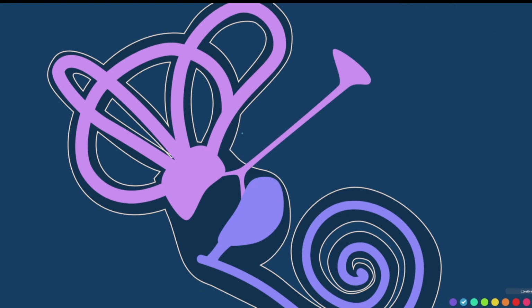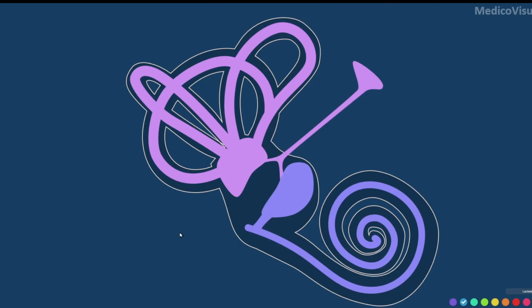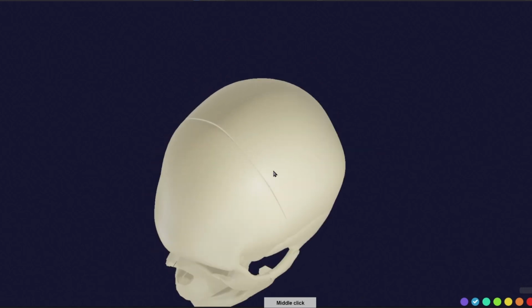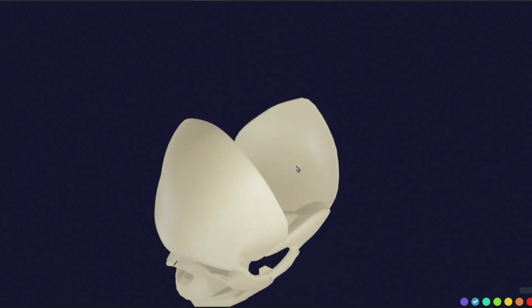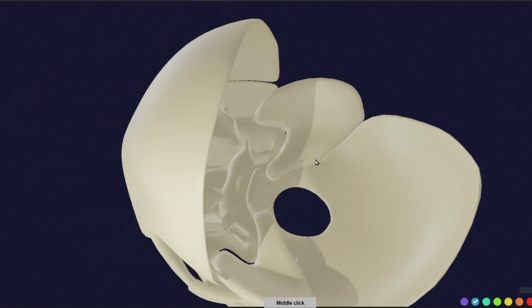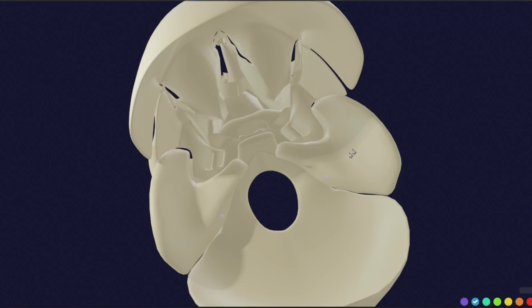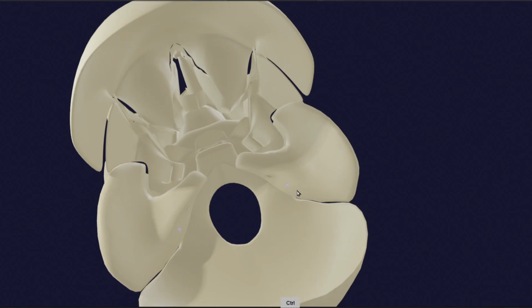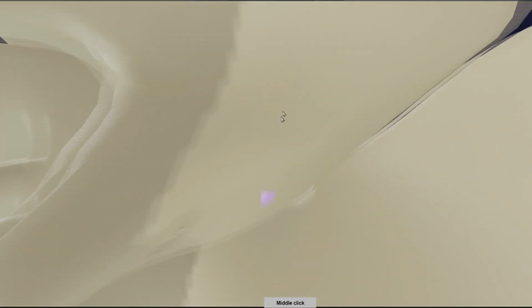And also please note that all this business is basically going on inside the petrous part of the temporal bone. So here we have the skull, and everything is going on inside the skull. If I hide the parietal bone, here you can see the structure inside. So this is the temporal bone, and how the temporal bone forms, that we will discuss in the development of the musculoskeletal system. Let me precisely tell you that this is the temporal bone. Here also this is the temporal bone, and here you can only see one thing, that is the endolymphatic